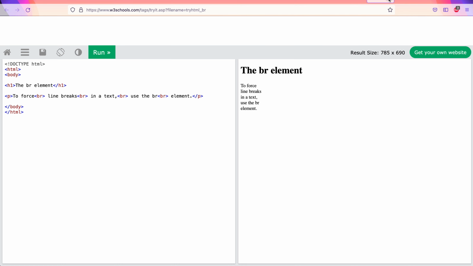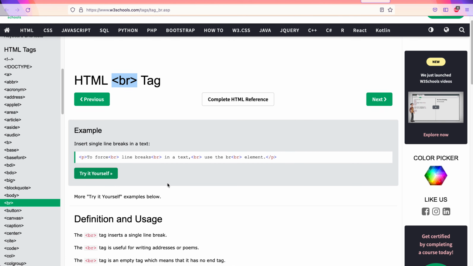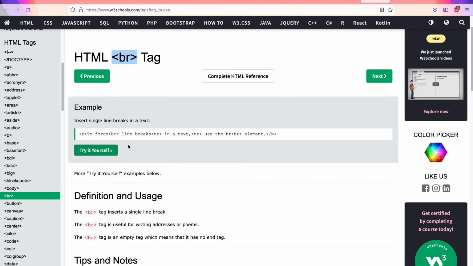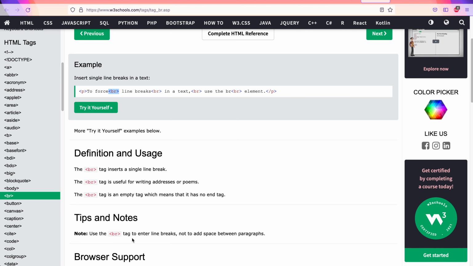As you can see, the BR tag is seemingly an unpaired tag. Okay, there is no closing BR for usage in the HTML. Technically speaking, BR tag is actually a paired tag.